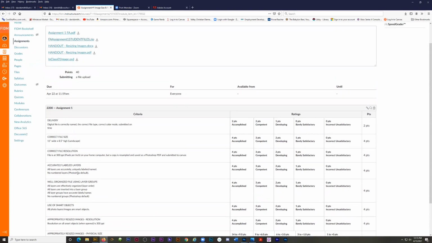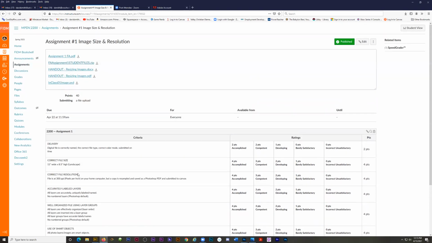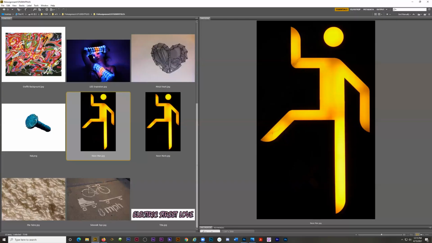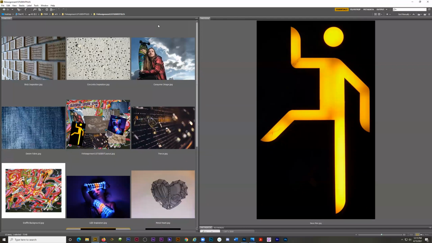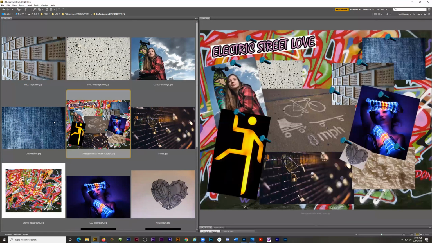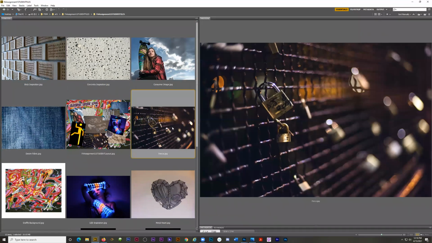Okay, now I'm going to use Bridge. Adobe Bridge is just a way to look at your images. You can download Bridge from the Creative Cloud. It's just a way to organize all of your pictures and look at them. There's a big preview and you can look at them. This is useful if you have hundreds of photographs, if you're a digital photographer and you want to see them all, or if you have a lot of artwork, you just want to look at them one at a